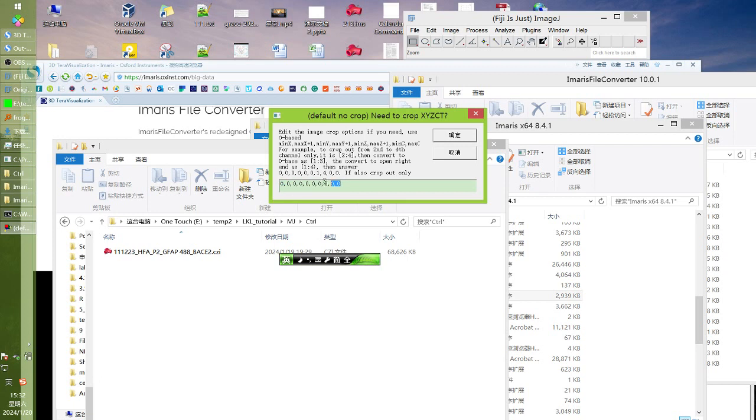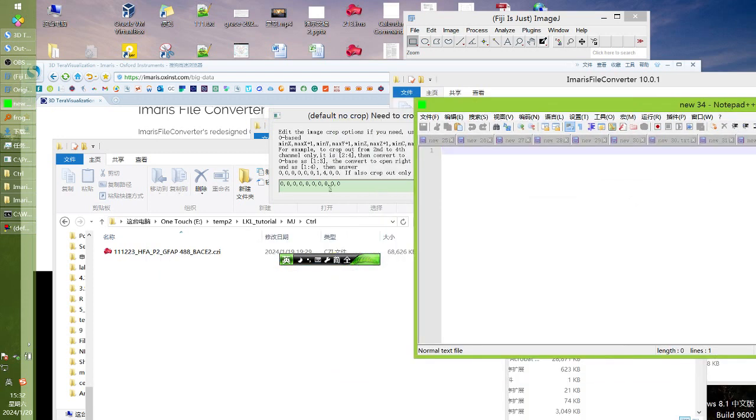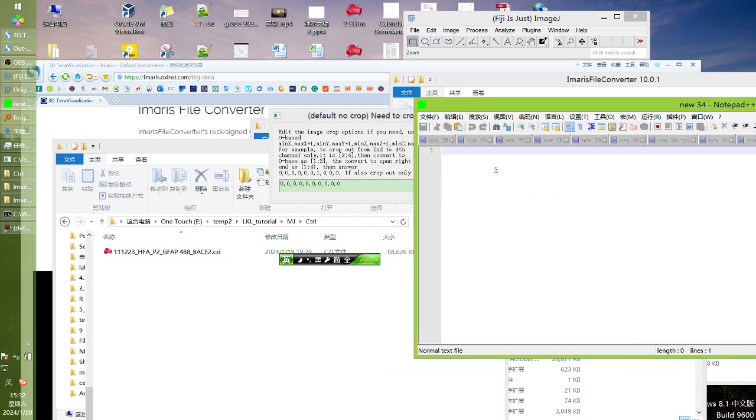So how do we fill it in? For example, the most frequently used is this 2. Let's say you want to crop the first channel, so let's place first is 1, right? 1 in the upper column. Next, because this is 1-based, now we need to convert the 1-based to 0-based. So let's make it 0 to 0.